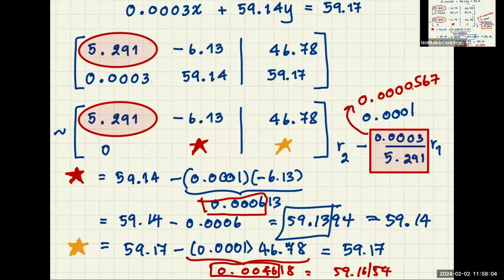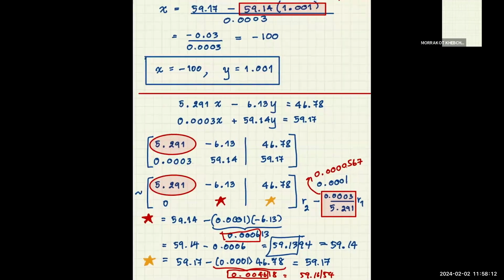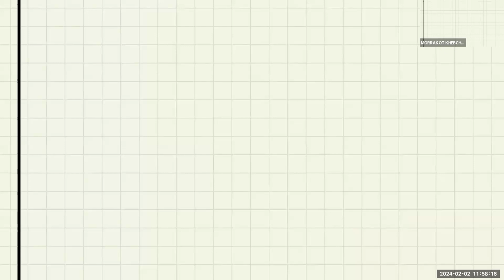I use 2 digits, so it's rounded up to 59.17. Okay. Now I will get the star, which means your matrix will turn out to be equivalent to